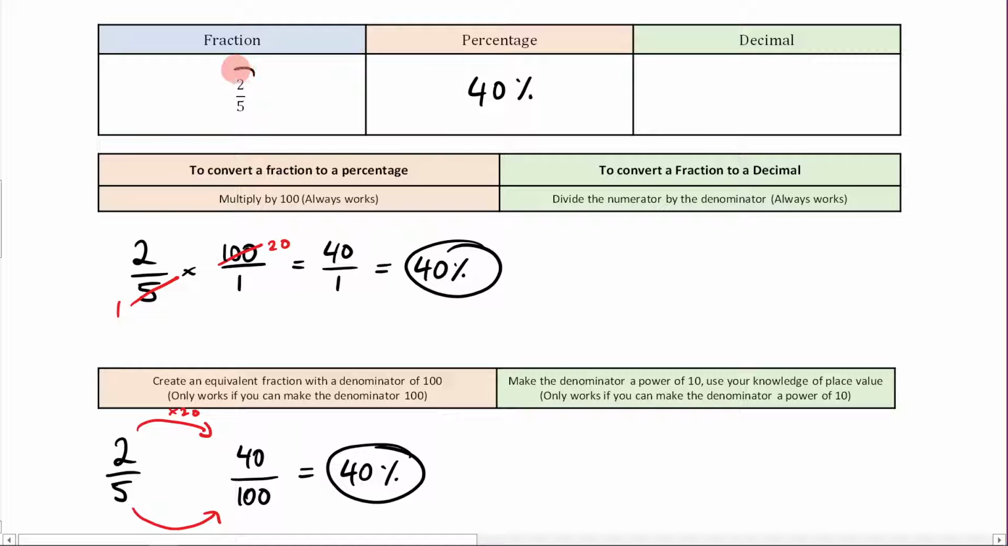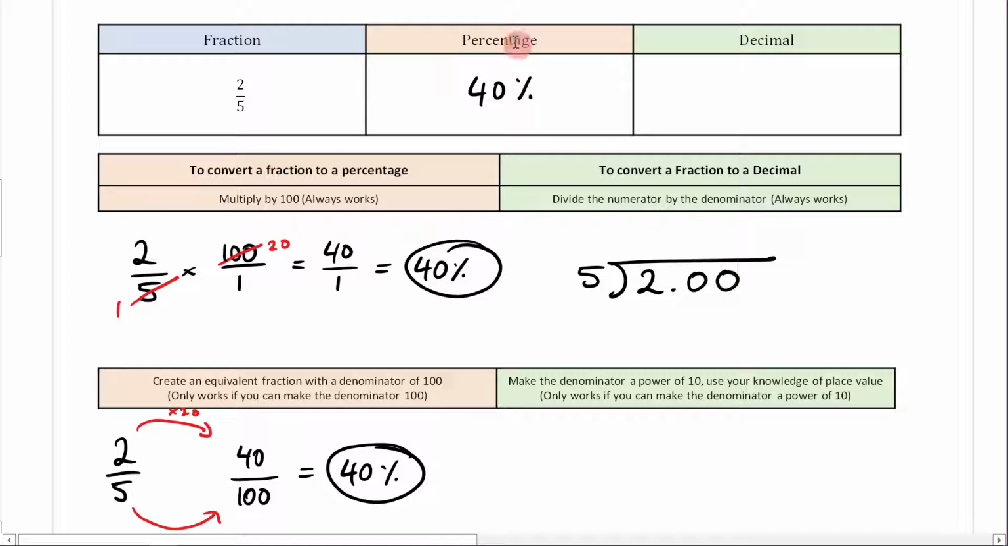Now, what if I gave you a fraction and I asked you to turn it into a decimal? Now, there are two ways of doing this. My least favorite way of doing this is to divide. Now, this always works, and is to divide the numerator by the denominator. So in this case, we would say 2 divided by 5. And I'm going to make this